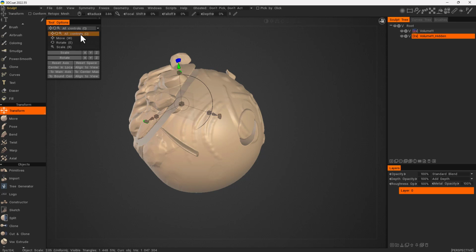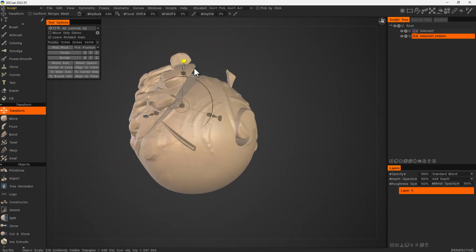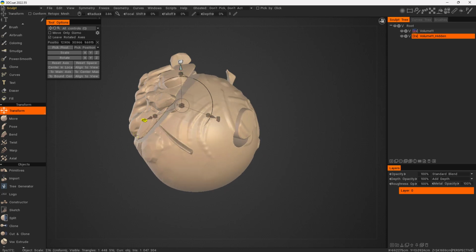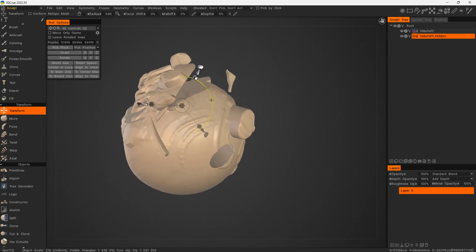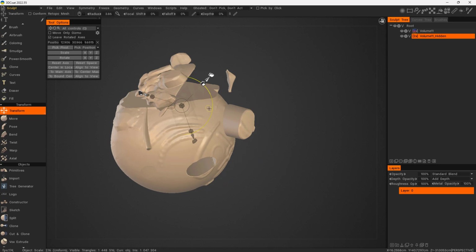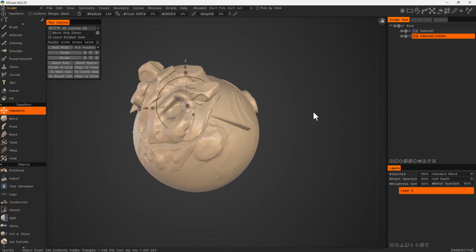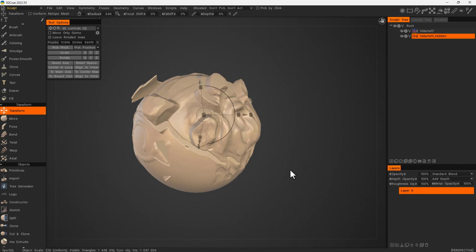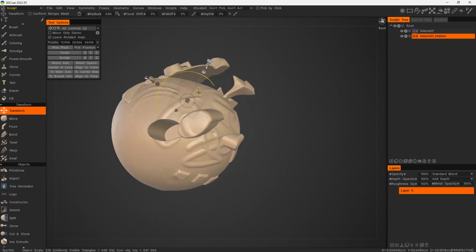We have Q for all control: scale, move and rotation by using these handles, or rotate based on your camera by using this highlighted circle. If I change the camera, it's gonna face the camera no matter what,